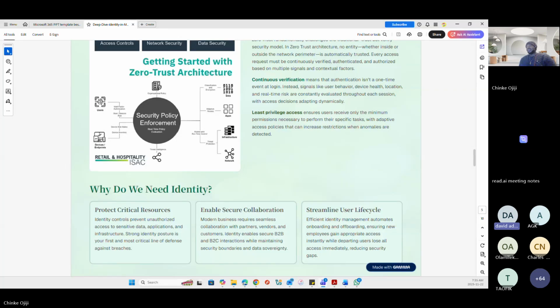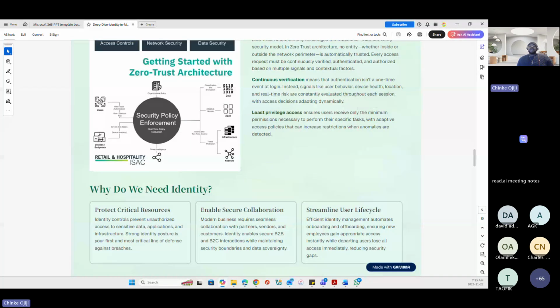And the last one, zero trust. At the end of the day, whatever we do, security is paramount. So zero trust enables us to always verify. It's a continuous means of verification or validation before granting access to our assets. So these three things work hand in hand to ensure that our environments are secure, that assets are confidential, integrity is upheld, and they are always available. Thank you. So that's my understanding.